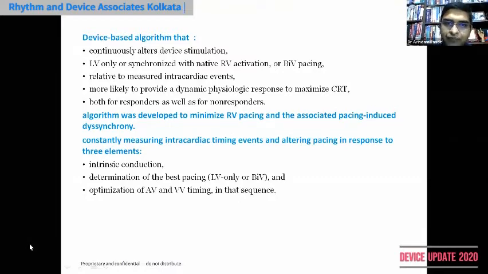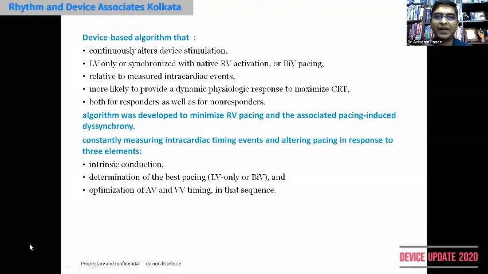Here the delta you cannot program. So in case of SYNC-AV, you can actually program different deltas. Say for example, you can start from 10, then increase to 20, 30, 40, 50, 60, up to 100. And you can actually see in the surface ECG how much QRS narrowing you are getting with different types of delta. But in adaptive CRT, this delta you cannot program. It is a fixed component which cannot change. So you have a lesser role in the adaptive CRT algorithm.